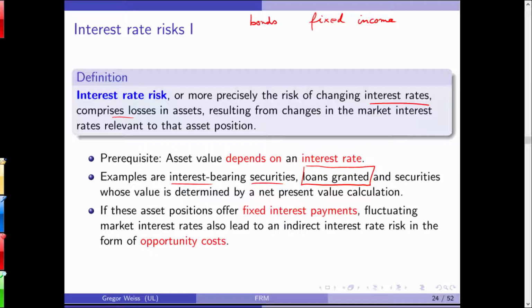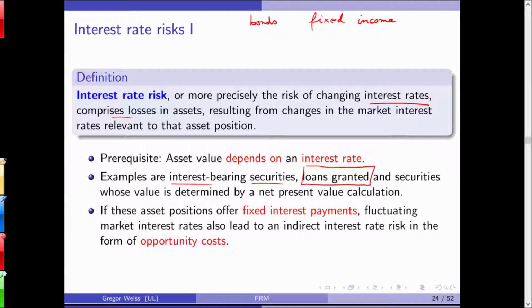But what is the fair price of the bond? The fair price is actually the fixed payments discounted by the market interest rate. And if market interest rates change and the payments on the loan are fixed, or the payments on the bond, actually you are discounting with a higher or lower interest rate, and that will be reflected in the arbitrage-free price of the loan or the bond. So if the bank wants to value its loans, it's actually the loans with a fixed payment that are highly sensitive to changes in market interest rates.